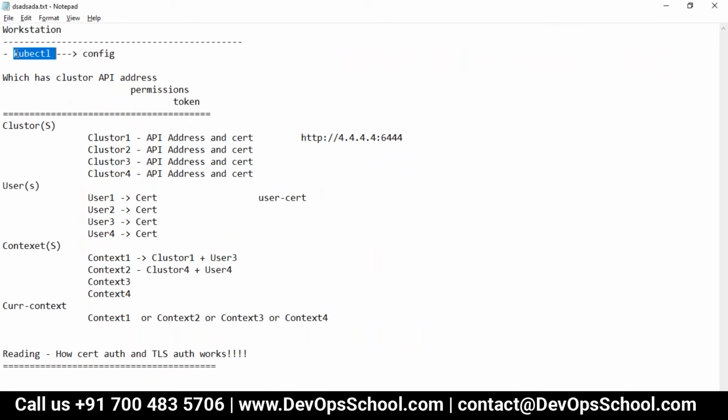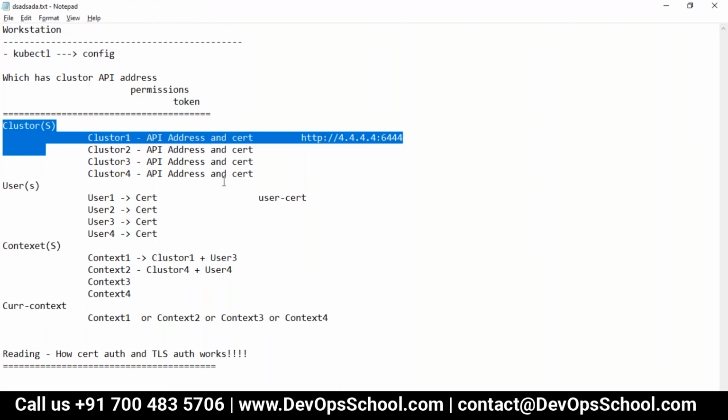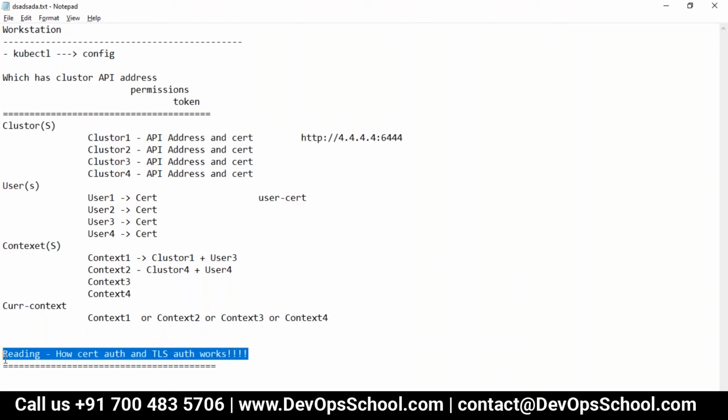Okay, so the question is, conceptually, architecture wise, any machine which is having kubectl and config with these things, we will have that machine as a workstation, any machine. Now please read this again, I'm requesting, because you won't understand how this API authentication happens. And for the MD guys also, those coming from MD, you need to learn this, because we have multiple microservices, and how we authenticate these multiple microservices, we need to learn. So here you have to read more about it.